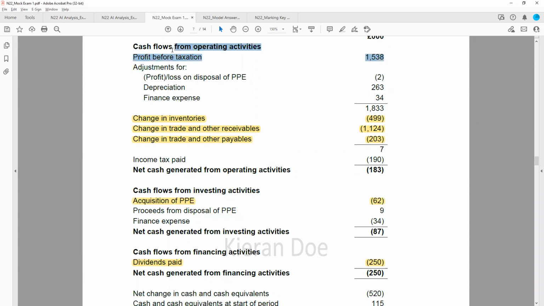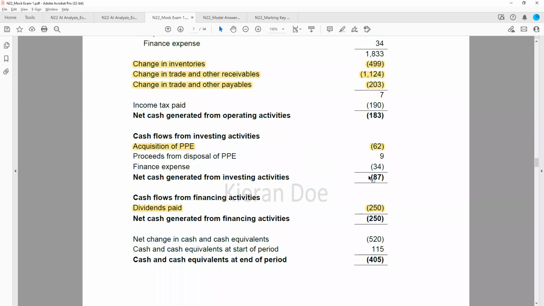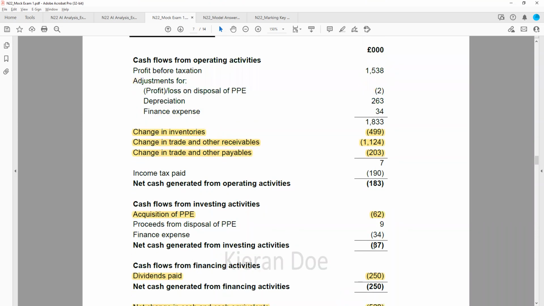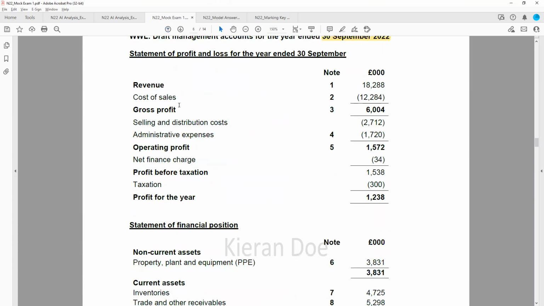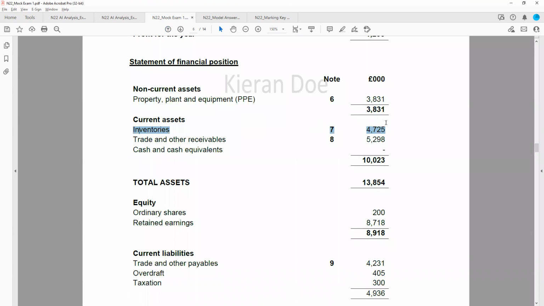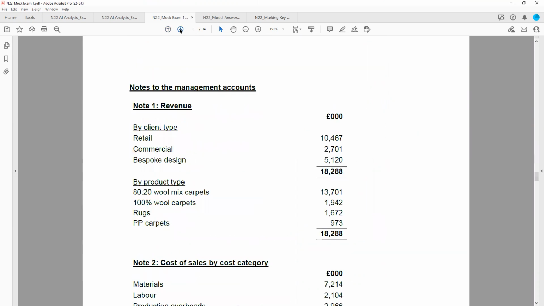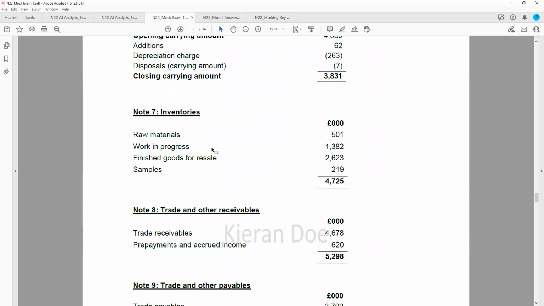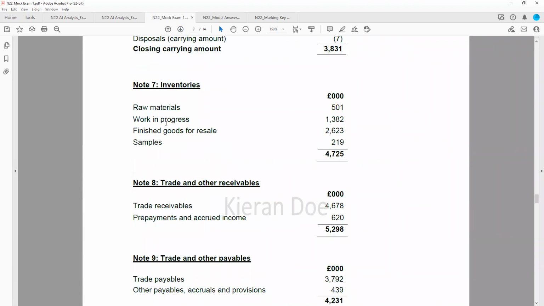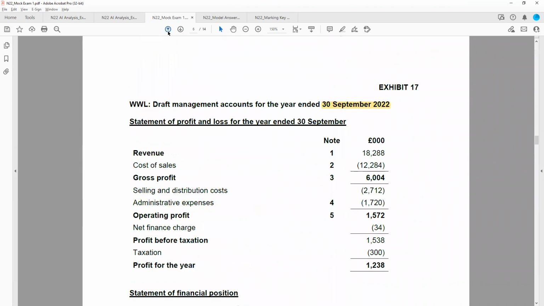But you can see they went from a nice healthy profit to a decline in cash, and it wanted an explanation of that. So could have done this from the cash flow statement, or could have just looked at, which is effectively the same thing, the movements between inventories, receivables, and payables. And of course, we did have some information in the scenario as well. So we've got trade receivables and trade payables there, but we had some information in the scenario as well